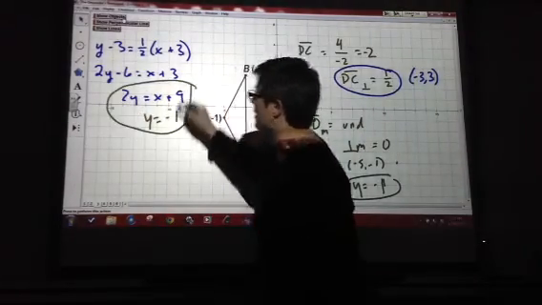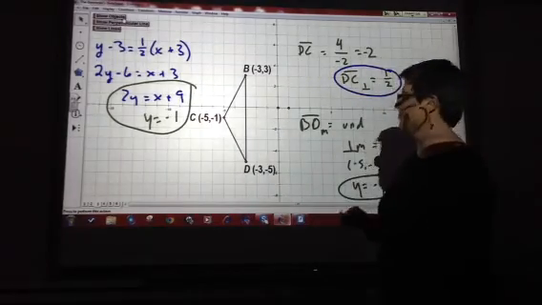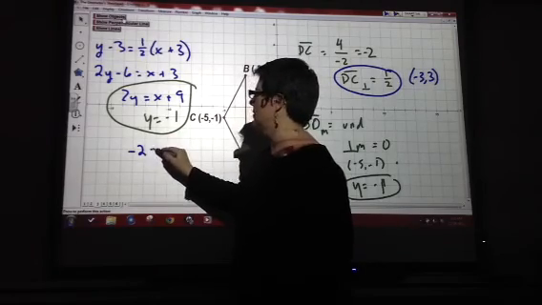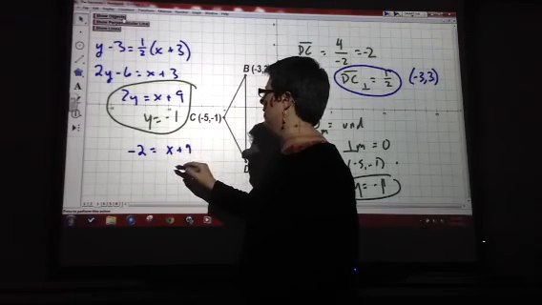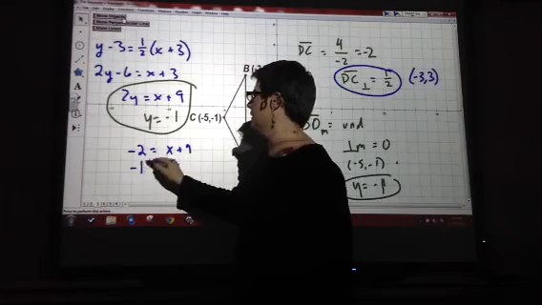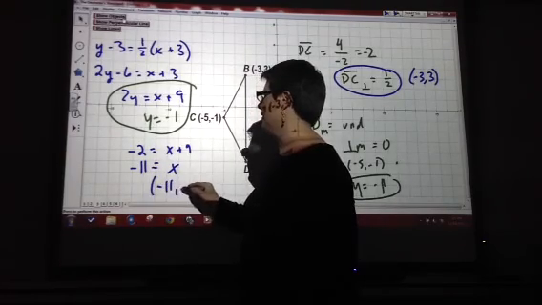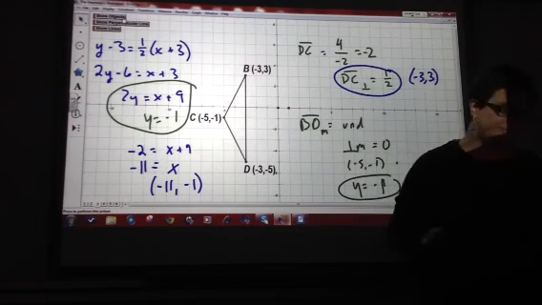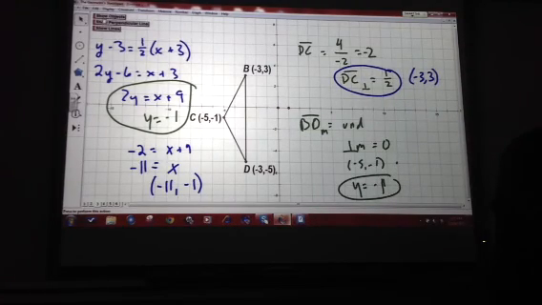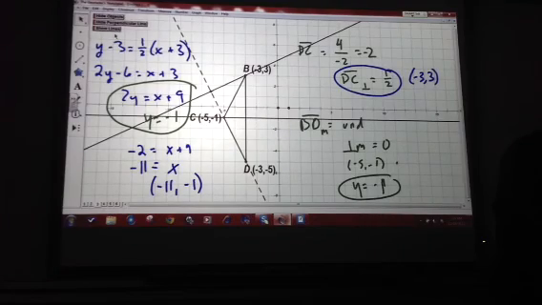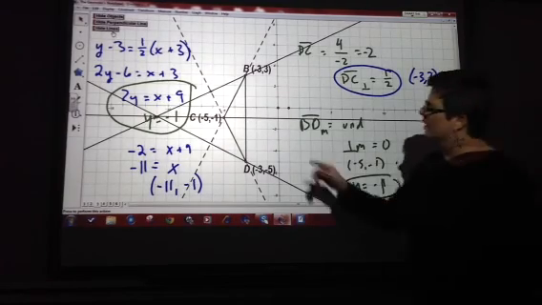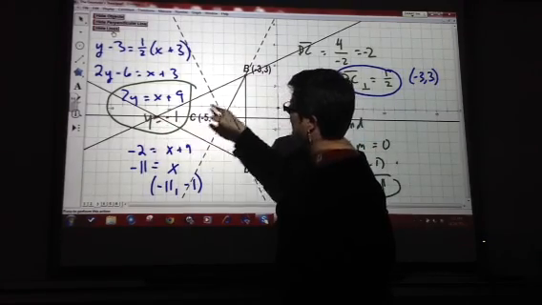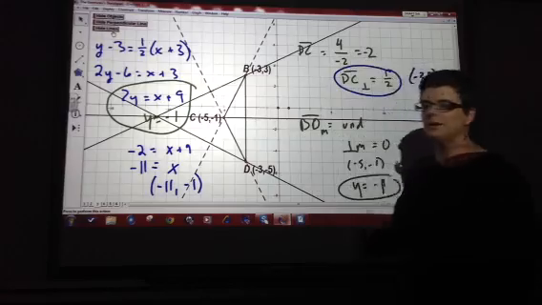Now, if I have a system of equations and one of the equations is very simple, I'm going to use that. So I can take -1 is equal to x plus 9. Therefore, x is equal to -11. So -11, -1 would be the point of concurrency of the altitudes of that triangle. Here, here, and here. Notice those three altitudes intersect at the point -11, -1. Once again,